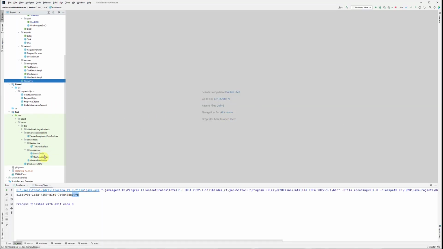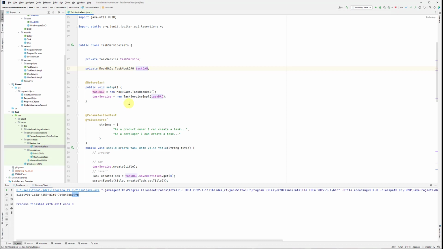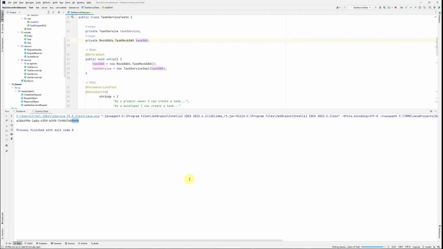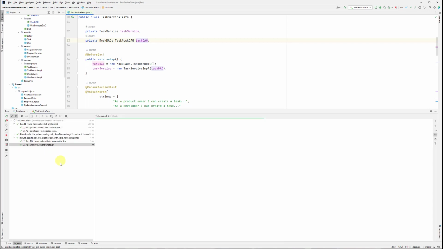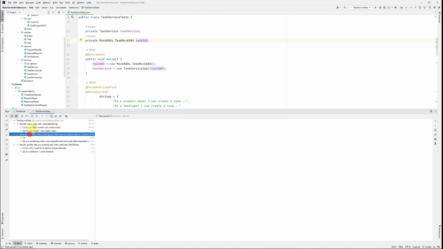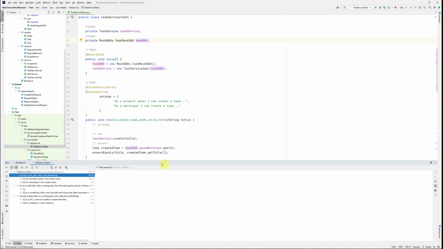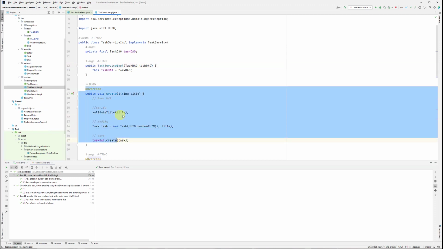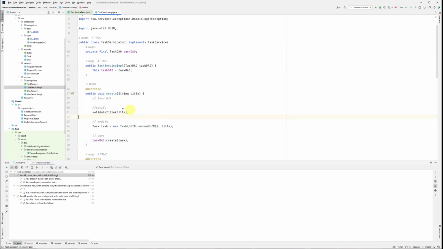So I do have that test for task service test, and let's just run it, see the overview of the test methods. So I can create a task with a valid string or title. I can give an invalid title, it fails. So I have my logic in place, and then there's something about updating an existing title. But these two here show that I do have the functionality of creating a new task, where we just validate the title and